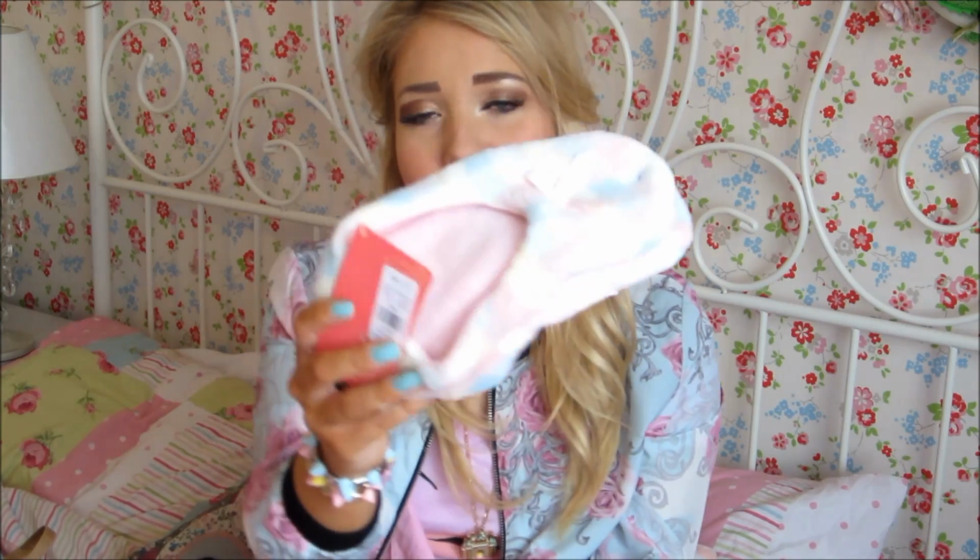As well as those, whenever I go into Primark I always pick up some of these footlets that they sell. They're basically kind of like slipper socks but without the slippery, actually they do have the slippery bit at the bottom. They're basically like slipper socks, and they are £1.50, and these kind of remind me of Elmo, but